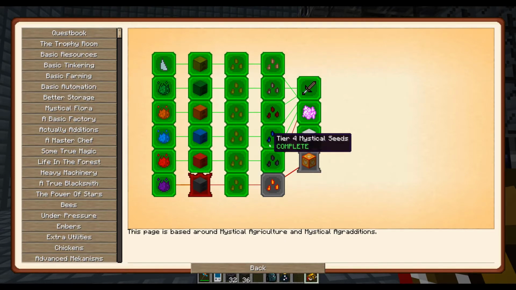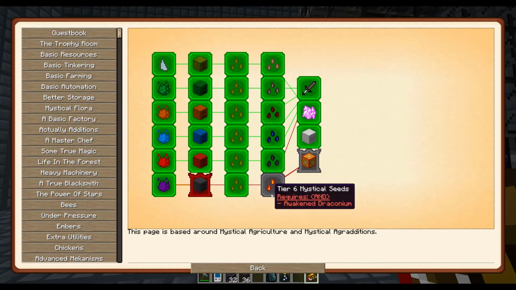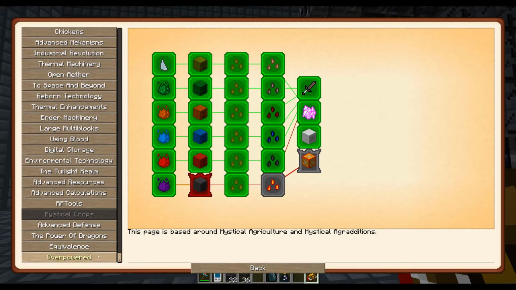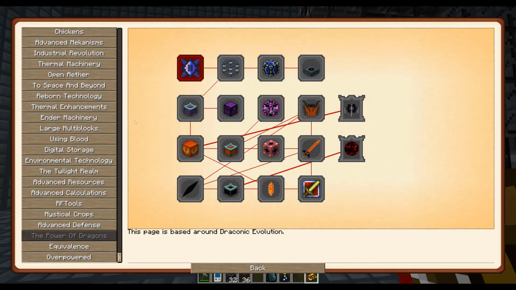It wasn't too bad to get through all of this stuff, and now we've got the tier 6 mystical seeds and the Cruxes to go, and the ultimate smelting. We may knock this out. This requires a Nether Star. That's kind of why we're getting into this. But more importantly, the bigger reason that we're getting into this is that